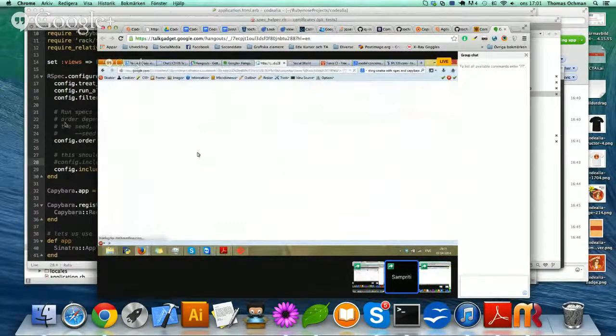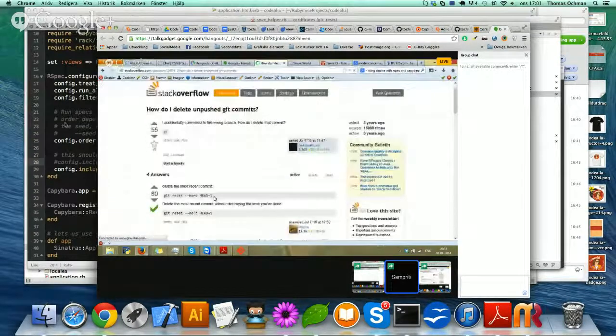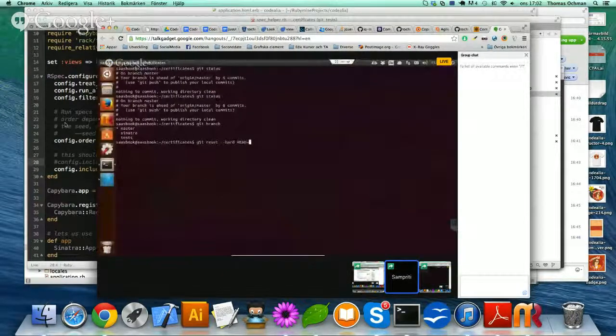Oh, you just want to revert one commit? I just want to delete everything. Yeah, from the last commit, right? 7 commits actually. Well, then I think you just change that 1 to 7, but I'm not quite sure.